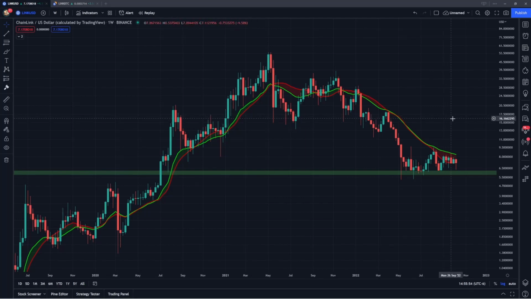So I'm going to start off here on the Chainlink weekly chart. And again, I do want to talk about the 20 and 21 averages because these have been the very key levels during the bear market where Chainlink has come up to this level frequently and rejected off of it with the lower highs, once again coming up to this level, coming back down, rejecting off of it.